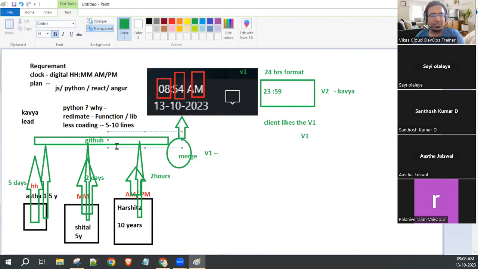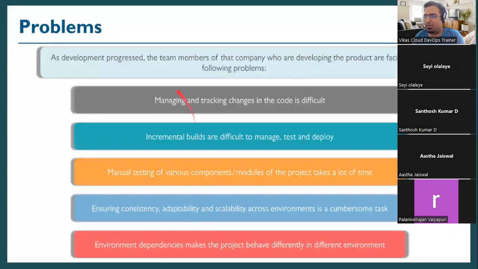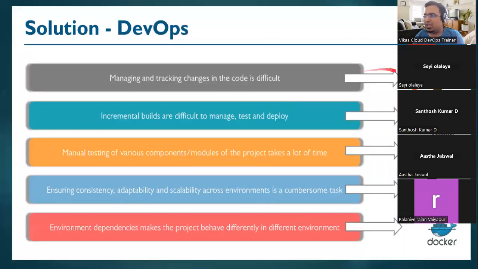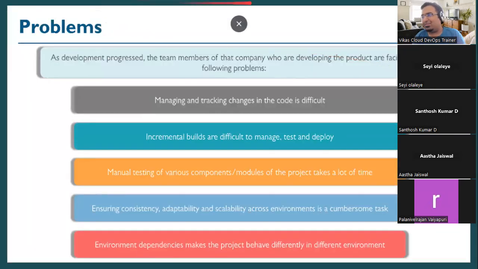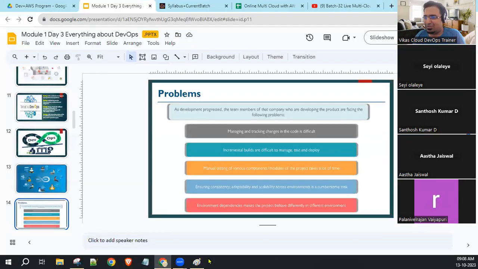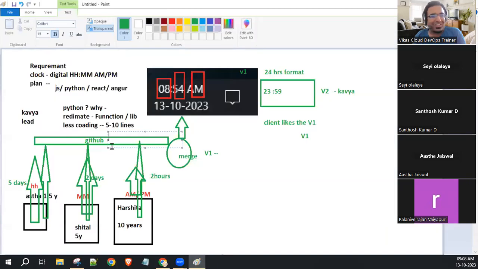Agree? Yes, no? Yes. So the development problem, management and tracking of the code, is very difficult. It has to be fixed with the help of the tools Git and GitHub. Now, sir, you are talking about GitHub, and what is Git? Can anyone tell me? I was talking about GitHub. What is Git?